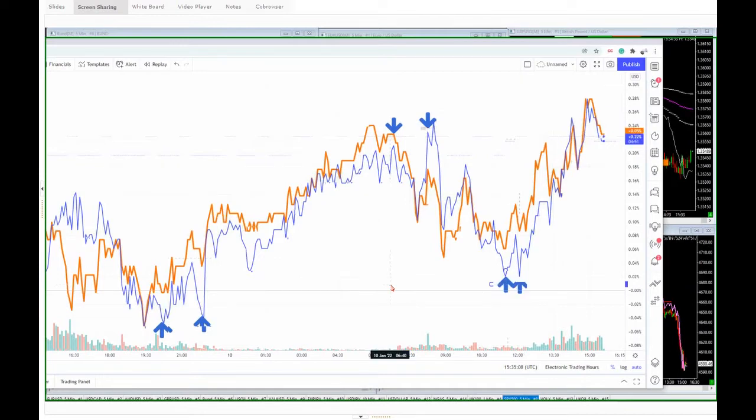But the NOB spread begets the GRAIL, doesn't it? The NOB spread gets the GRAIL trade. So if we know where the NOB spread is going, we can start to figure out roughly where the GRAIL spread is going. Now for banks, it's not actually about necessarily trading the NOB spread, although we can do it. What happens is you leg into the NOB spread and then leg into the FOB spread, and then you leg out of the FOB spread, and then you leg out of the NOB spread, and so on and so